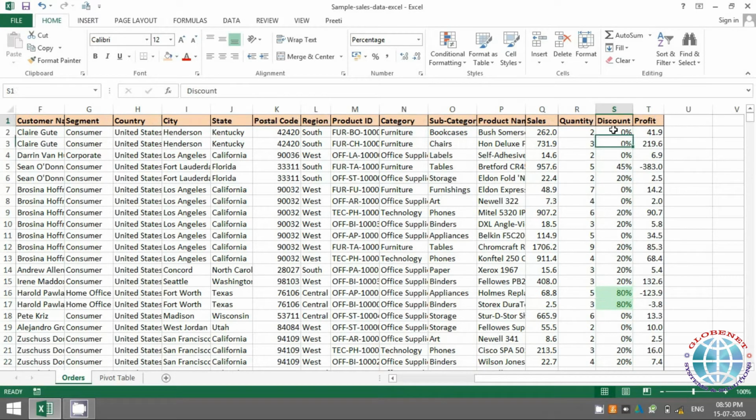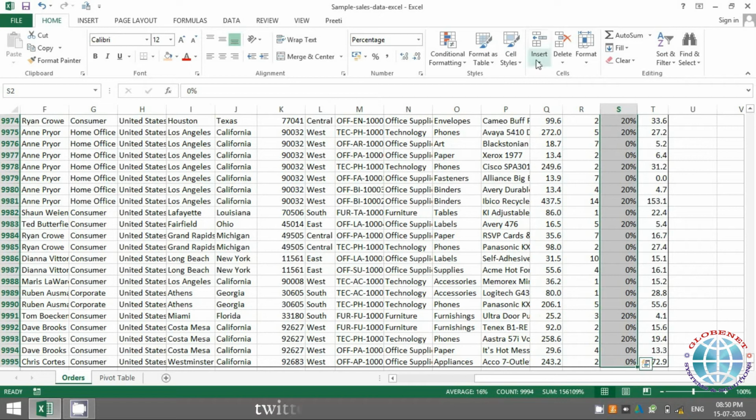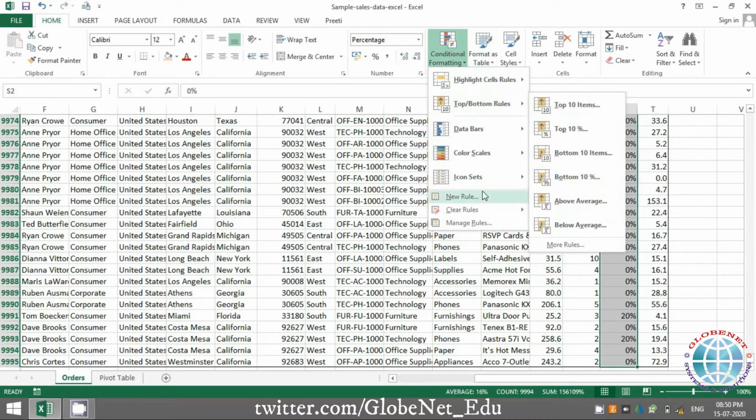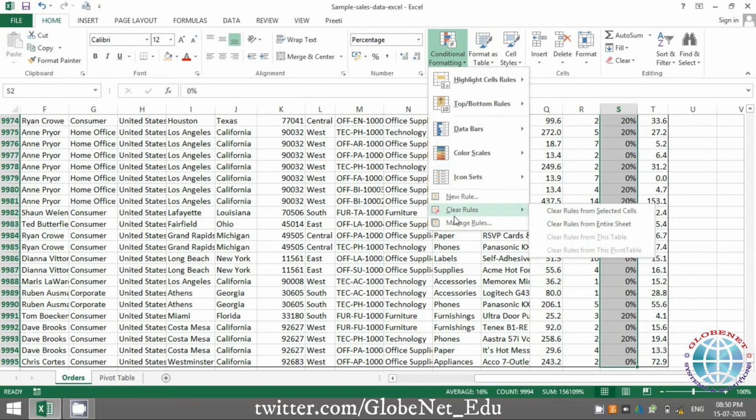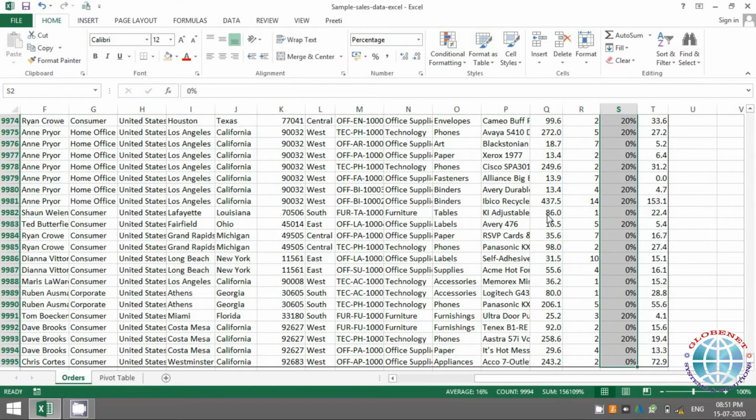Now let's say I'm done with checking my data using the conditional formatting, and I just want to remove the conditional formatting. You'll select that section and you'll say clear rules. You can either clear the selected cells or the entire sheet. Now why would you use each of this? Let's say there are multiple conditions applied in different columns, then you would select a specific range and say clear only from the selected cells. But let's say if you want to clear all the conditional formatting in the sheet at once, then you would use this. At the moment, either would not make a difference because any which ways I have done one conditional formatting.